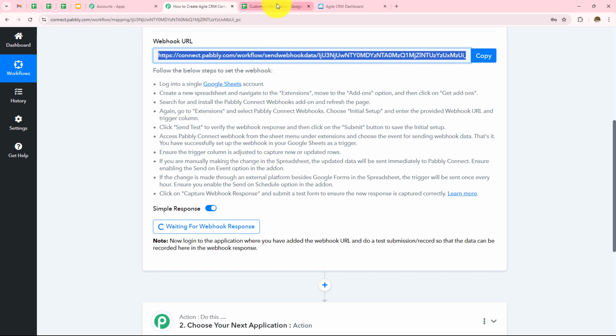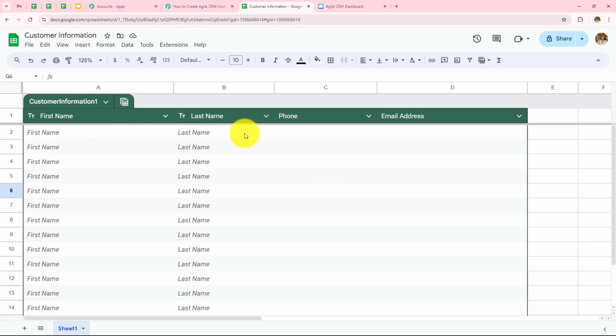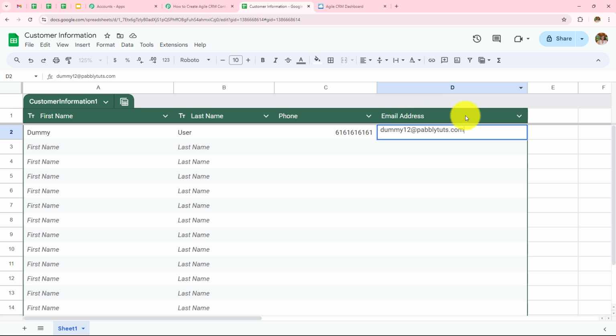Now let's go back to Google Sheets. And over here in these fields, enter some dummy details. So let's say my first name is dummy. My last name is user. My phone number is. And my email address is dummy12@pabbly.com. Now, as soon as I've entered data in this column, the complete row data would have been sent to